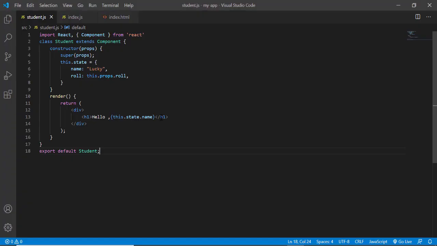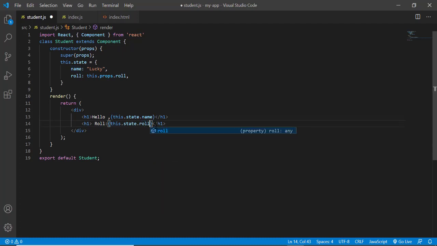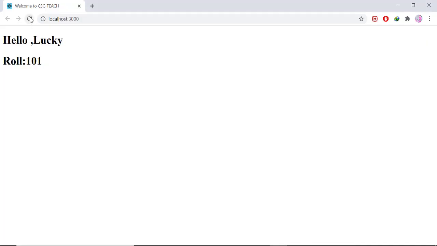You can add another line also here. Press Ctrl D for copying the same line. Then use here role, then this.state.role, then Ctrl S. Let's see the browser. Then you will get Hello Lucky, roll number 101. This is all about the state